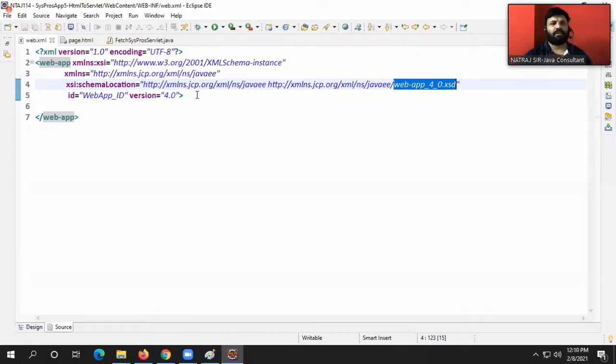Yes, boss. So this is web.xml by importing XSD rules.